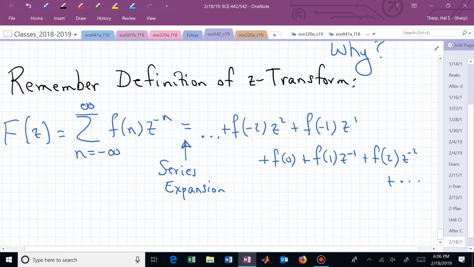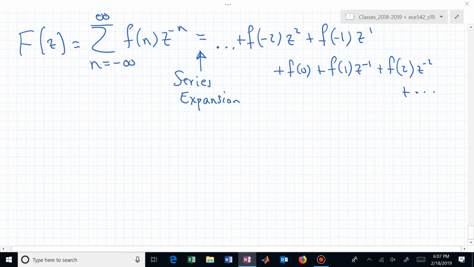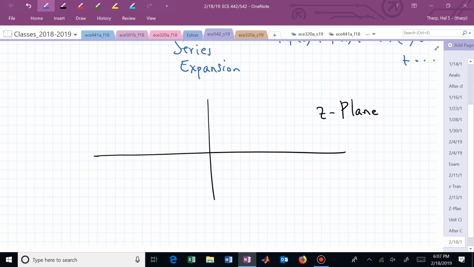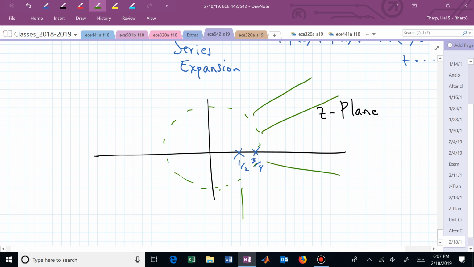And why am I trying to remember the Z-transform definition? What does that help us with? Well, now we want to combine that with the knowledge of our region of convergence. Here's the Z-plane. Our region of convergence was given to us to be beyond our largest pole,